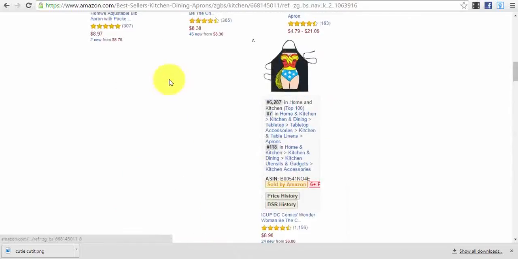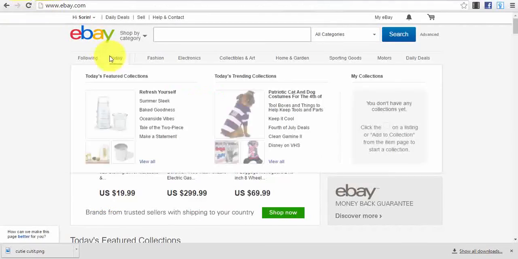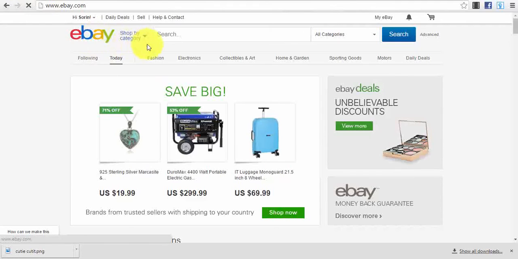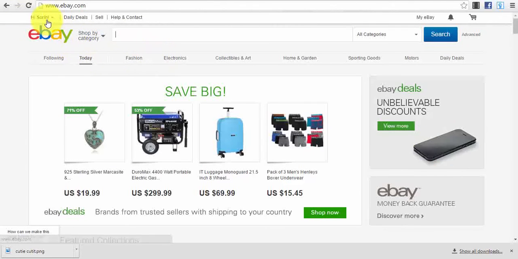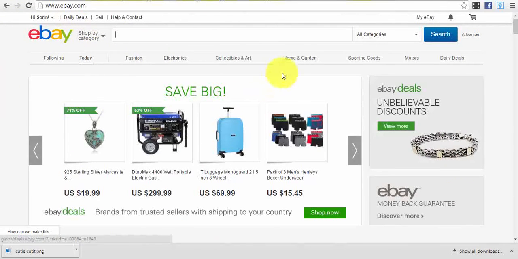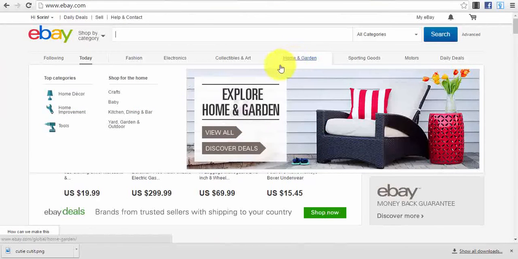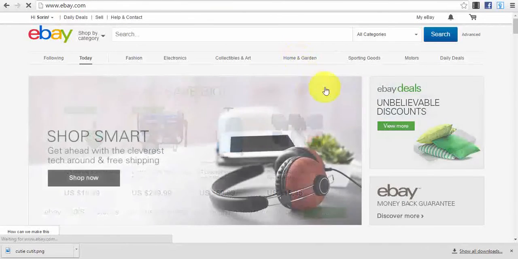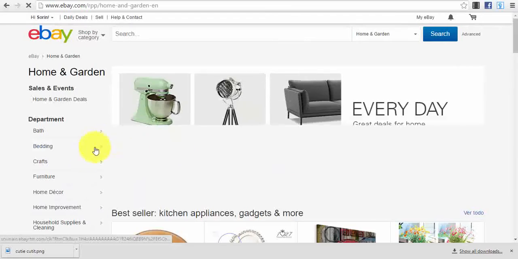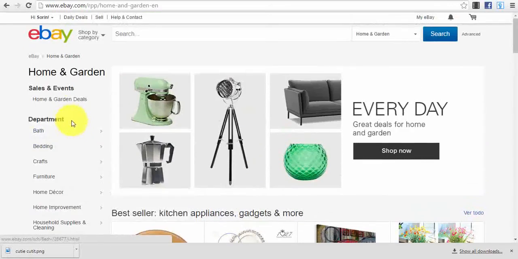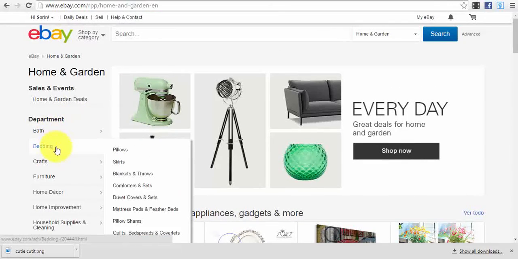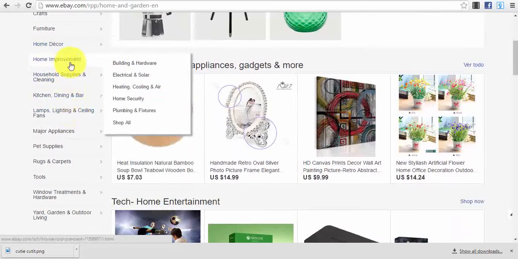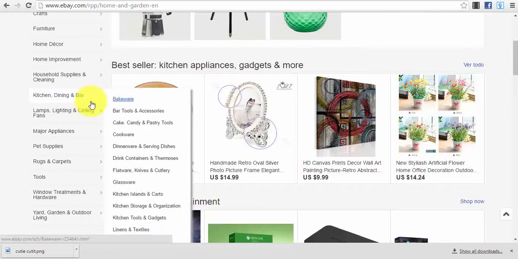Now let me show you the first method, which is to go in the actual marketplace on eBay to see which are the best sellers. For example, right now we are on ebay.com, and we can go in the home and garden section. Let's just press home and garden, and we will have here more options: bath, bedding, home decor, home improvement, kitchen dining, which we can go to kitchen dining and bar, and we can go to bakeware.